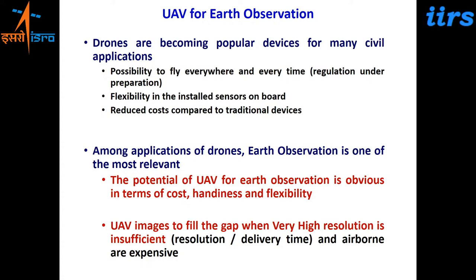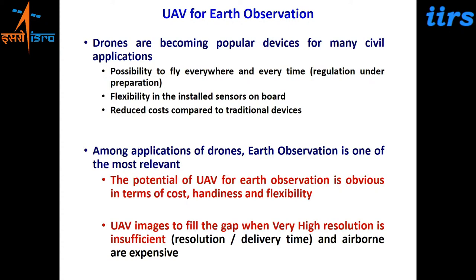The only thing is the weight of the sensors is a matter, otherwise you can plan as per your requirement. If you can develop a sensor, you can install that sensor on the drone, and reduce the cost as compared to the other approaches, right? And they are unaffected by clouds, as I said, they can fly below the cloud cover, right? They can fly at low altitudes and collect images with a resolution of 1 centimeter, right? But as I said, the main issues are they can collect data over a relatively smaller area, and their usage is governed by the drone regulations of the country.